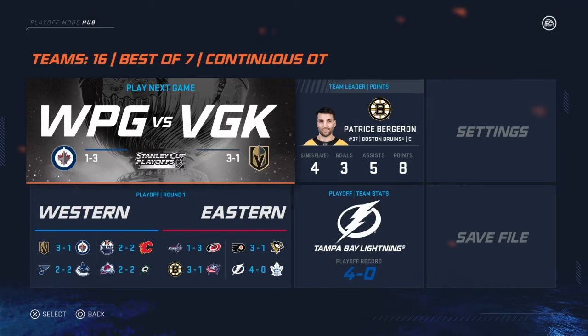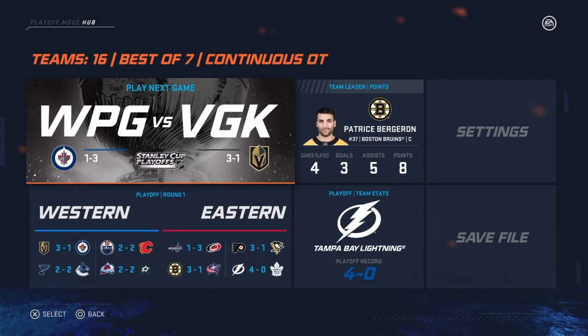So after game 4, it looks like those 3-0 games, Pittsburgh finally won a game. So they're taking it to game 5. And Tampa sweeps the Leafs. And over in the West, we got Vegas looking to close out their series against Winnipeg, and the Canucks winning the next 2 games, 2-2. Then the Oilers and Flames 2-2, Avalanche, Stars 2-2. So we got some good series back in the West.